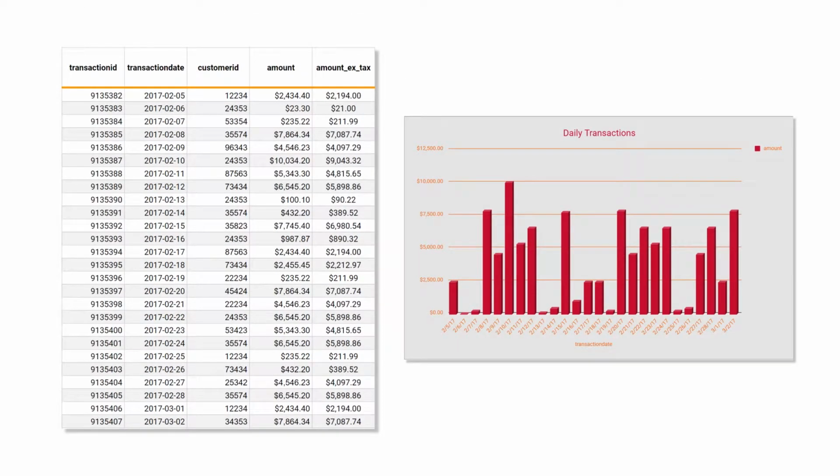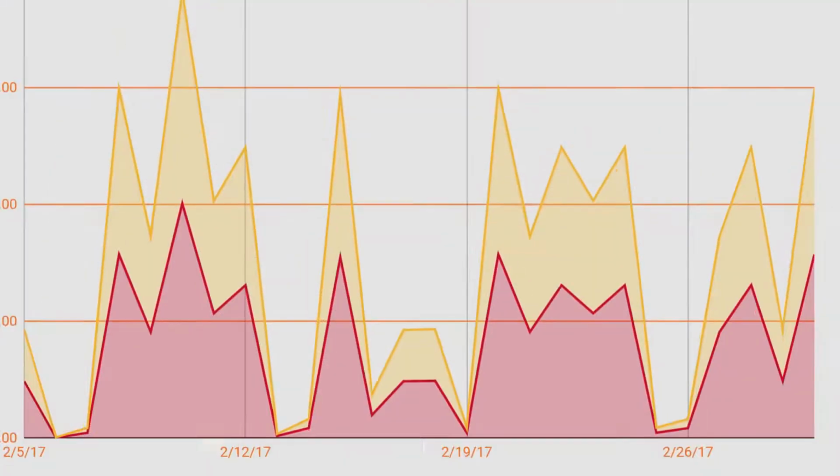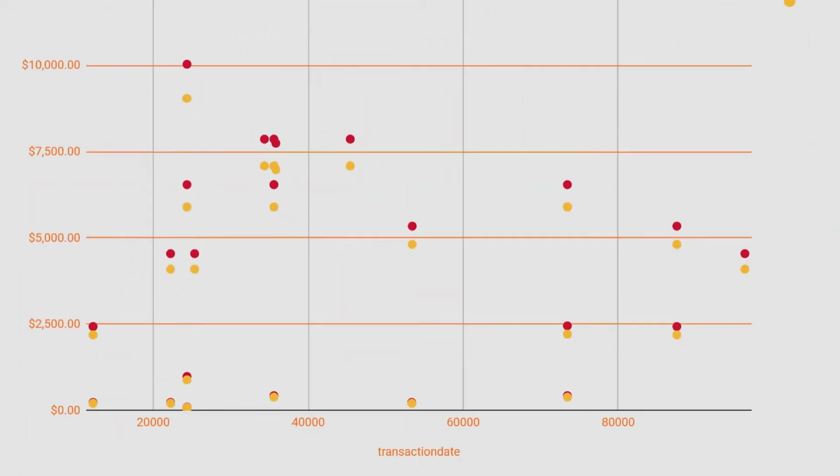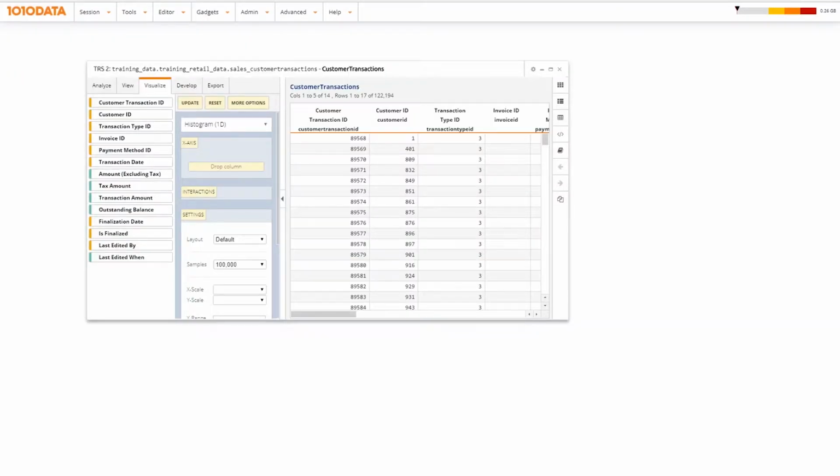Sometimes the best way to find trends and see differences in data is to visualize that data in the form of charts. This is particularly true for the very large data sets that 1010 Data is built to handle. The 1010 Data Insights platform provides a mechanism to generate high-quality charts, which in turn can support the notion of